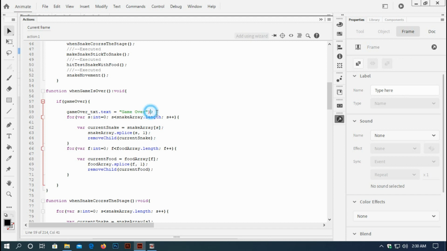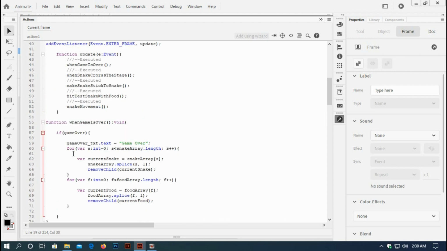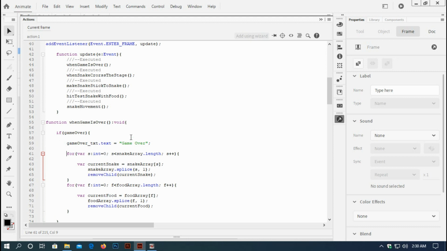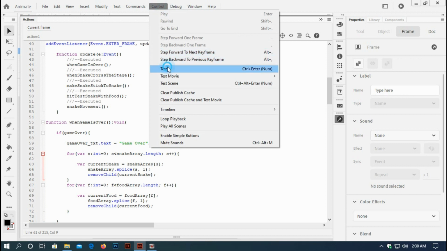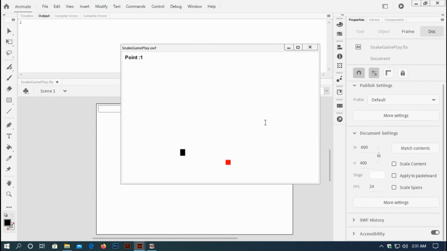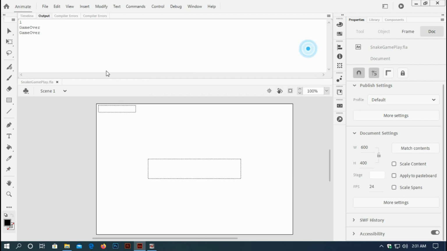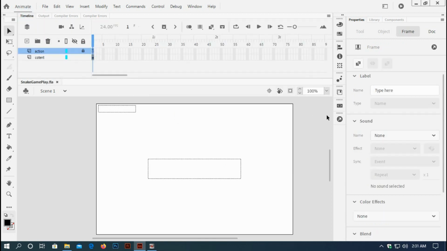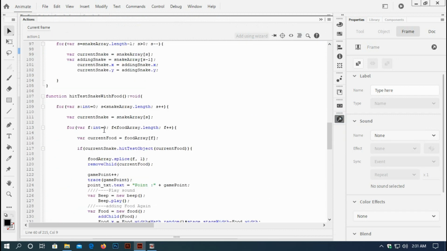I think it is done, and if I test it, control test, yes, it is showing me game over text. Okay, and now